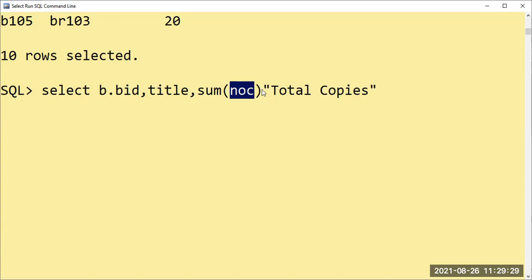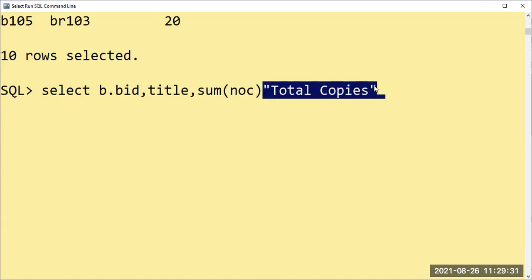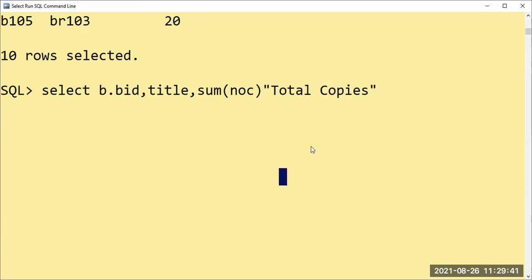Then we follow it with an alias, so that it is displayed as total copies. By default, it will come as sum NOC, which we don't understand, so to make it easy, we use the alias for total copies here.